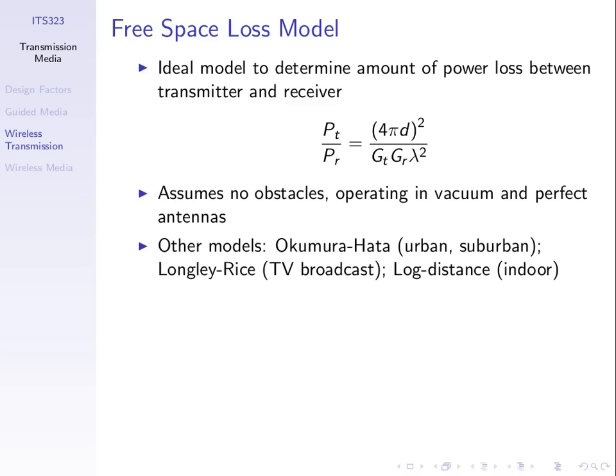And another characteristic of devices is the minimum receive power. I can look up and find the receive power needed for my laptop to successfully receive a signal. So if I know PR, then in theory what I can use this equation for is to say, okay, I know PR, the PR needed, I know GT, GR, lambda and PT. I can find the maximum distance I can separate the laptop and the access point by such that they still communicate. That is, I can rearrange and find D, the distance,